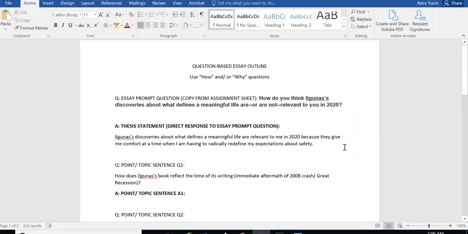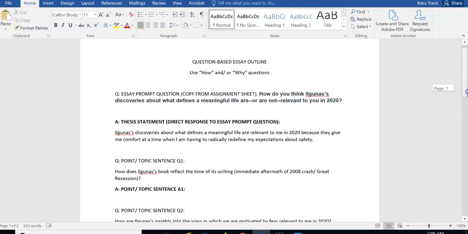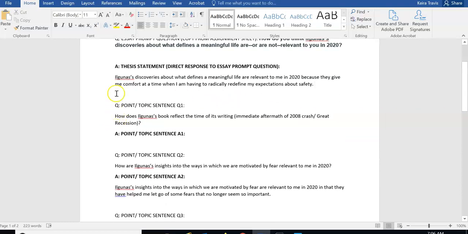I've gone the other route with this particular outline, but this is just an outline. I'm not telling you that this is the outline. In fact, I don't want yours to be just like this, and I didn't write all the topic sentences because I don't want to give you too rigid an example. What I'm expecting for your assignment near the end of this module is that you do at least attempt a draft thesis statement, and at least come up with 4 how or why questions for point topic sentences, and attempt to answer your smaller questions, and those would be your draft topic sentences. So that's what I'm expecting.